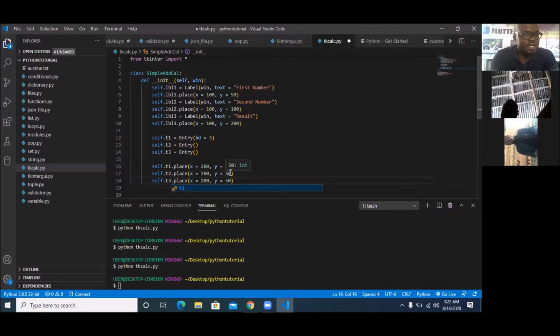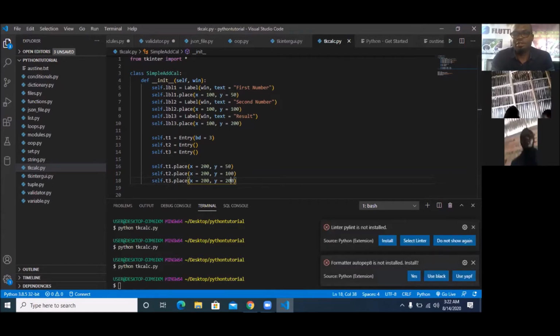Let me place T2 at 200, 100. And finally, I'm going to place my T3 at 200, 200, so that they are in the same column but in different rows, or in the same row but in different columns. So I'm going to save this